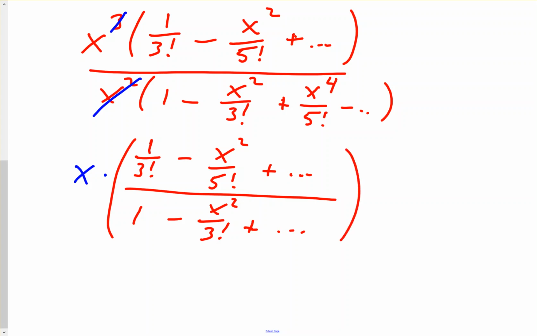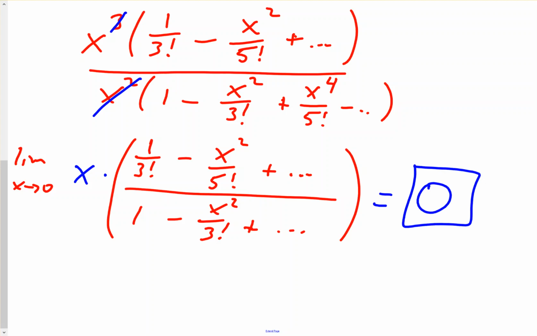So if I apply the limit here, as x approaches 0, what's going to happen? Well, I'll have 0 from the x times, and over here this will be about the same, right? We have x squared over x squared, it's a negative over negative. Okay, so that means this will end up becoming 0. Okay,